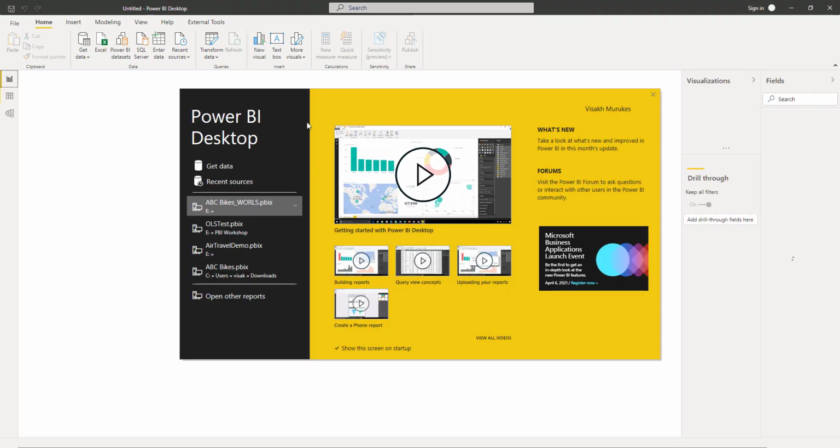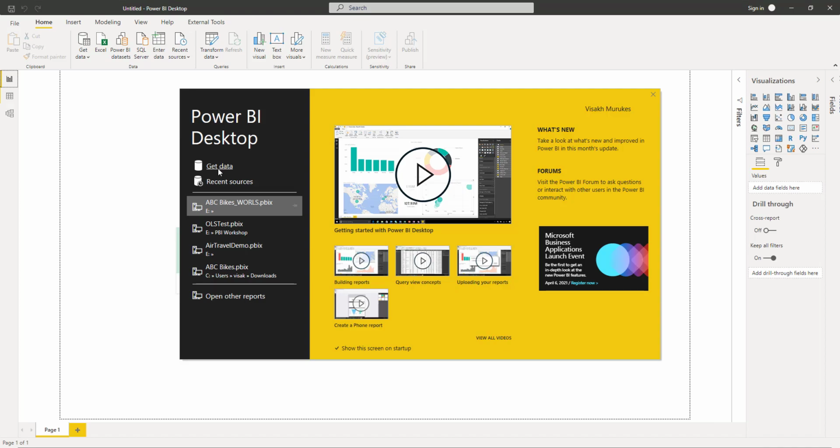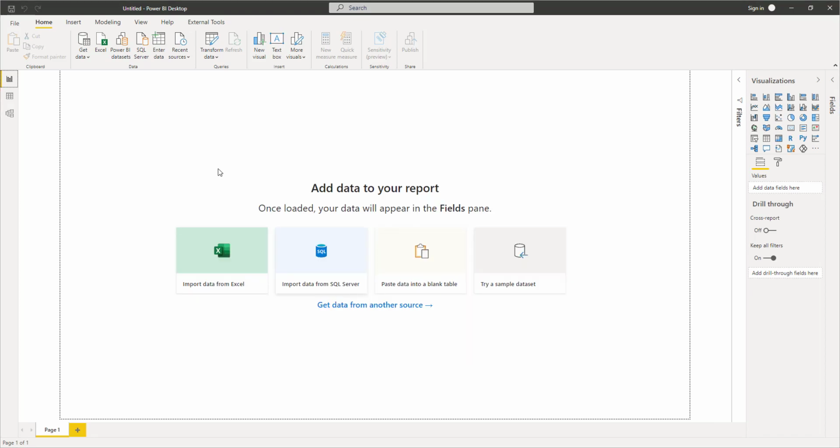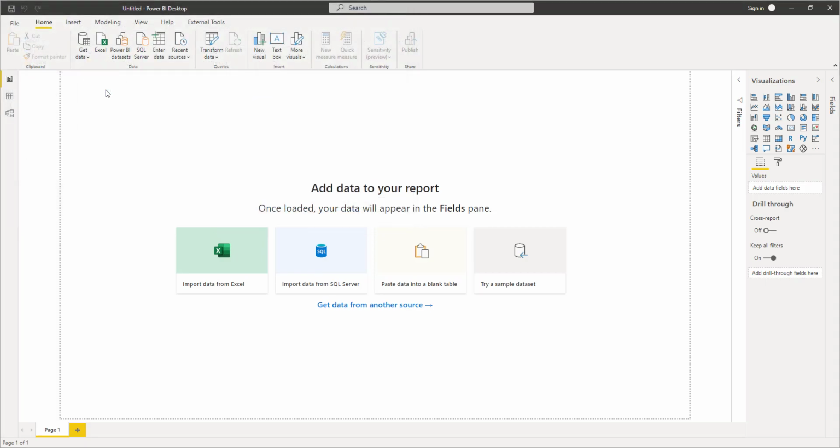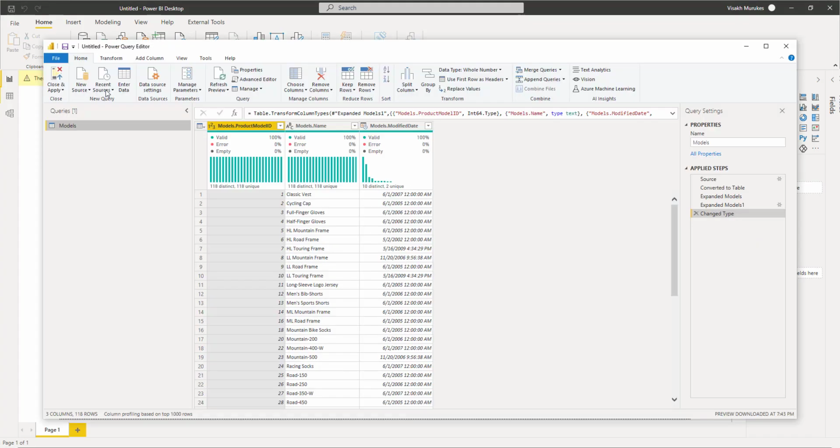Once the Power BI desktop reloads, now the feature is enabled, so you can directly go to get data and again browse to the JSON option. After choosing the JSON option, browse to the folder where you have the file and select the same file. Now if you see, it will automatically infer the table from this and automatically give you the flattened data as individual records instead of you applying any of such additional steps. As you see now, it automatically did all the work for you in the background. It automatically converted the list to the table, and from each of those records, it expanded the columns for you, which means that you don't really have to do all those steps by yourself.